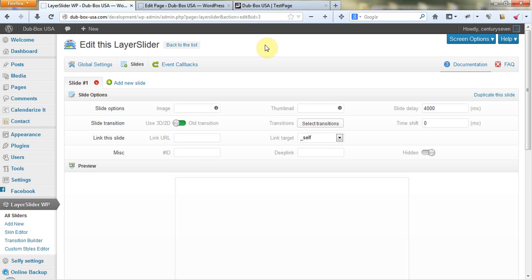So now that we've got our slideshow created, what we're going to do now is bring in some slides and then animate in some titles. Here we've got our first slide already created. Once we create the layer slider, we come into this interface, which allows us to create and edit